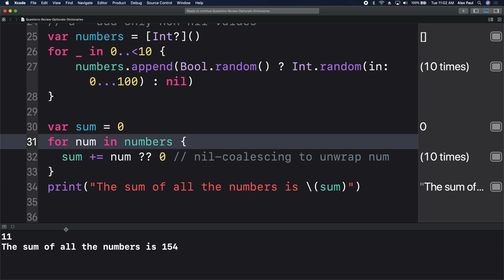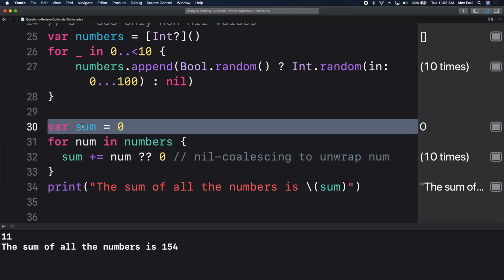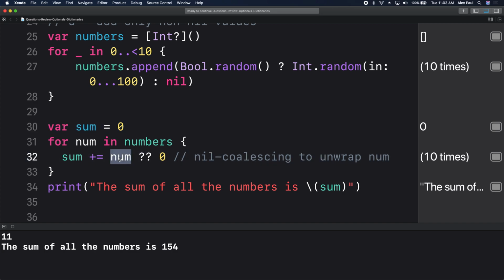So then where the sum is equal to 0. We start out at 0 on line 30. Saying that for every num now in this new array of numbers that should be filled now with at least 5 integers because we do true false and none. It depends on the thing, right? So for now, for this array, for a number in this